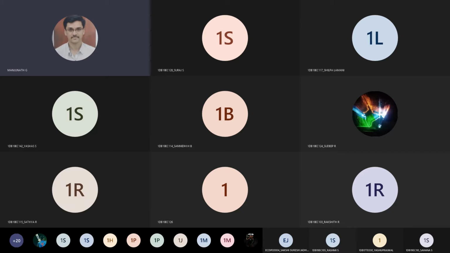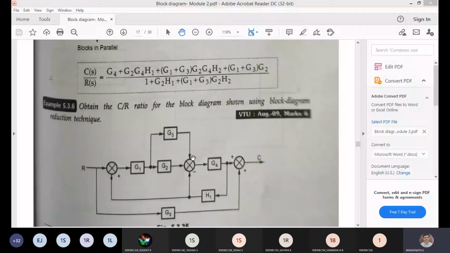You can look at the question here. Minus is there. So you should be very careful with this. Don't do G2 plus G3. You're going to get a reduction of marks for this minus plus combination. So be careful. First step, G2 minus G3. Good. So that combination is in series. That is second step. G1 into G2 minus G3 you can write.